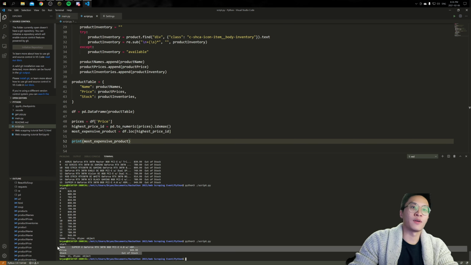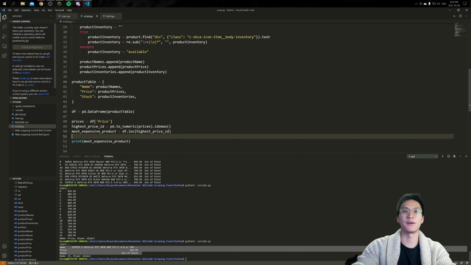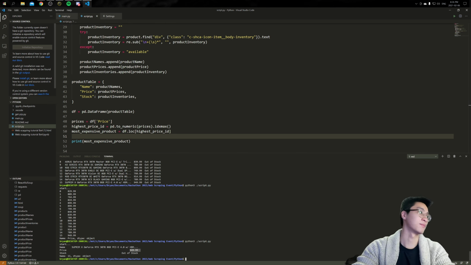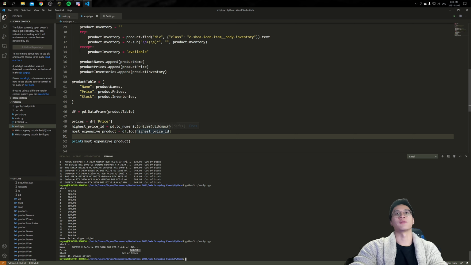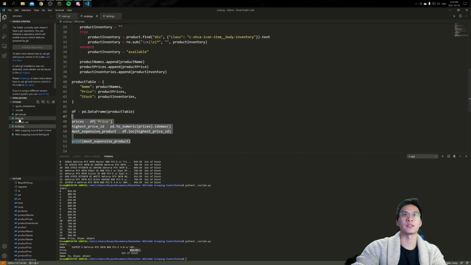And like that, we have the most expensive product. There is a way to make this return a list if there are multiple products of the same high value. I don't remember how to do that, and I didn't put it in my notes. Okay, so that's nice. Next thing that we can do is